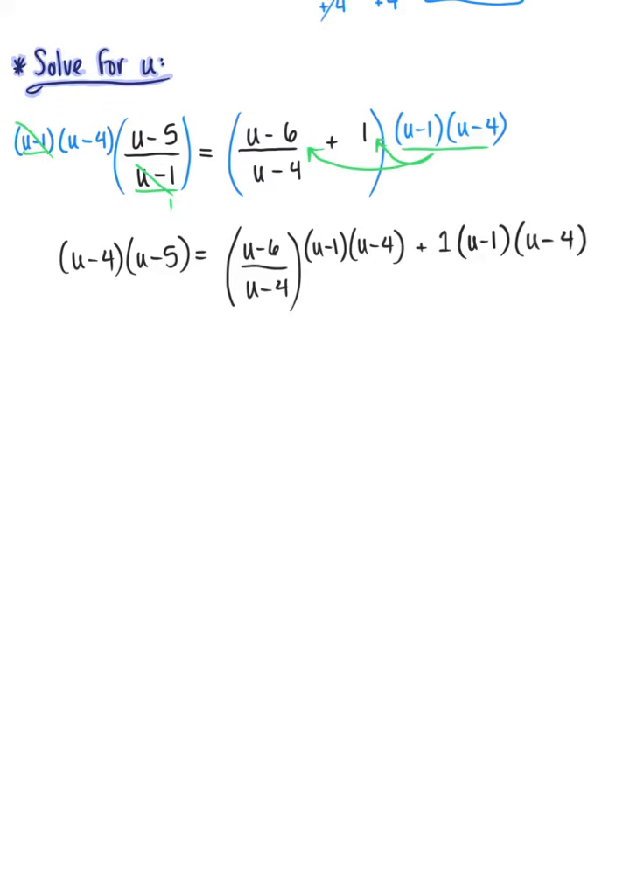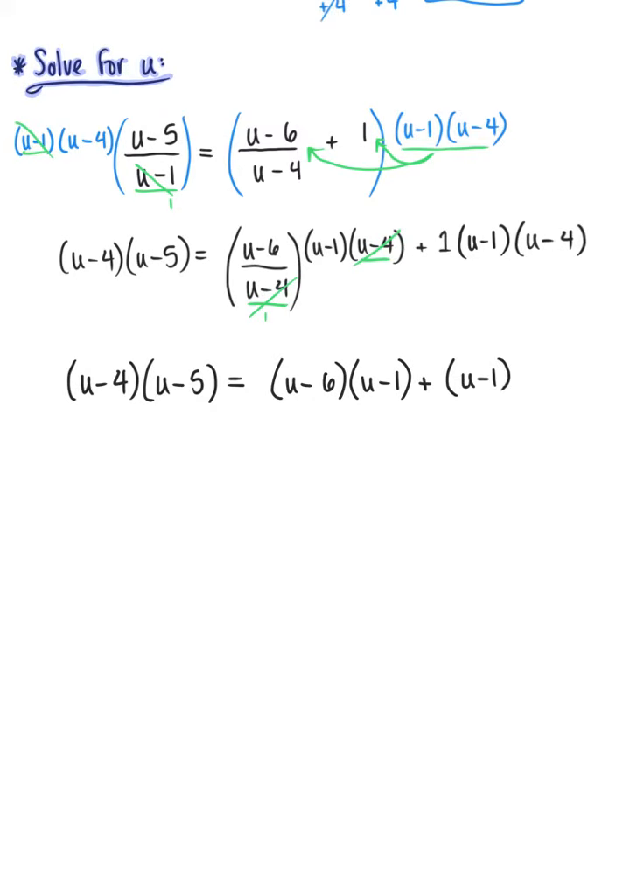So here we go. We can see on our right-hand side that we have a u minus 4 in the denominator and a u minus 4 in the numerator. So those terms are going to cancel each other out to 1. And we are left with a beautiful linear equation now. We have u minus 4 multiplied by u minus 5. And this is now all equal to u minus 6 multiplied by u minus 1 plus u minus 1 times u minus 4. Okie dokie. So we've got a lot of